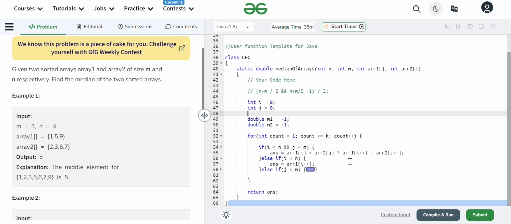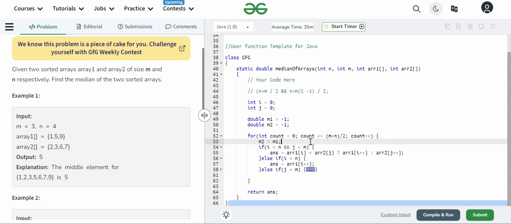Now, as we know that we need to run a loop from 0 to m plus n divided by 2, let's modify this 0 to m plus n divided by 2. As I explained, in the starting of the loop, we will initialize m2 with m1